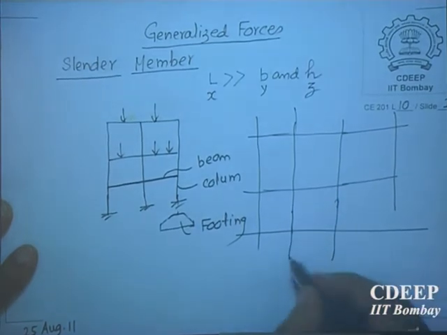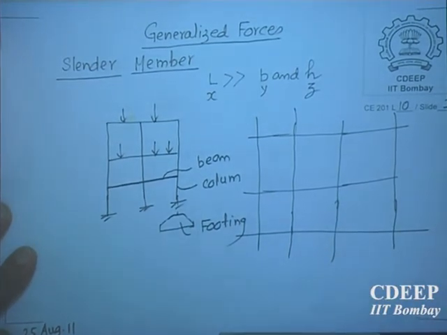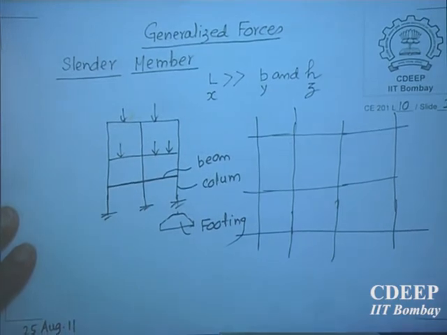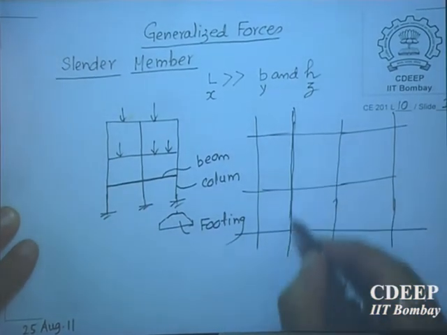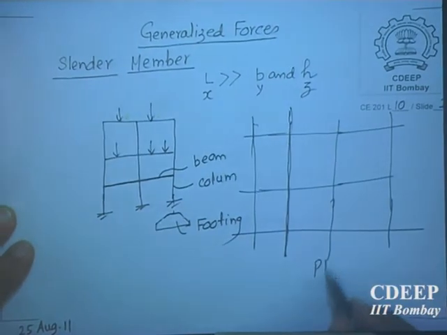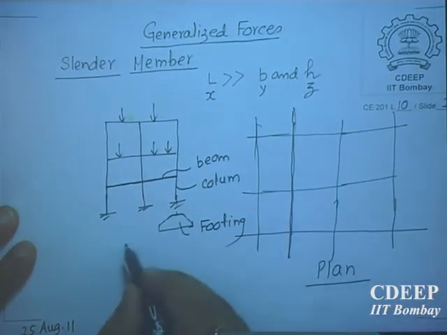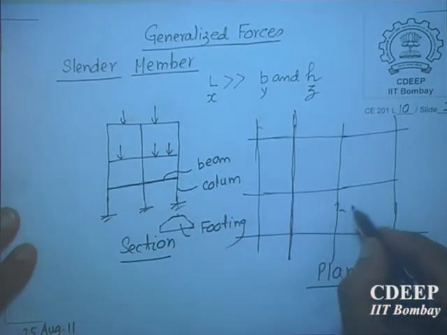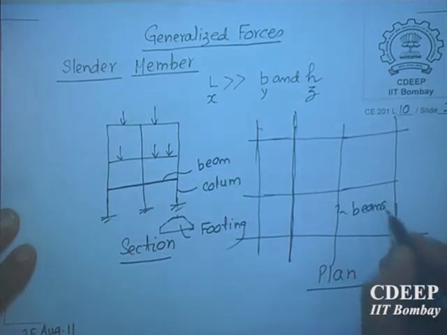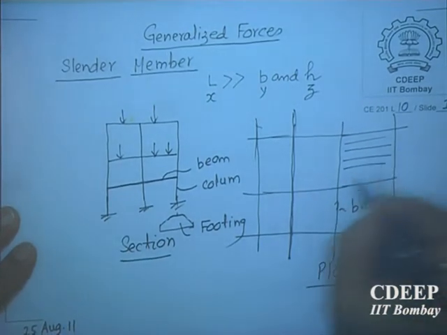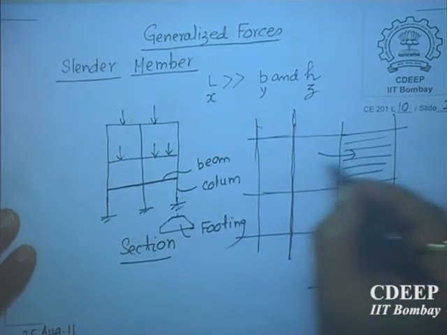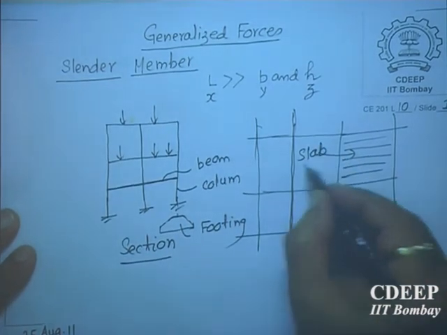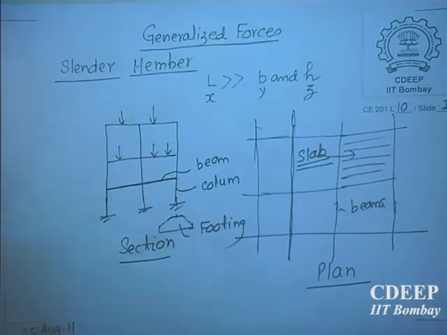See here, any building you see, now a number of buildings are under construction, go and see. So these are all beams, this is plan, this one is section, vertical section. So these are beams, and this one is called slab, SLAB. So slab is the larger area on which you are sitting, you have all your desks kept there.